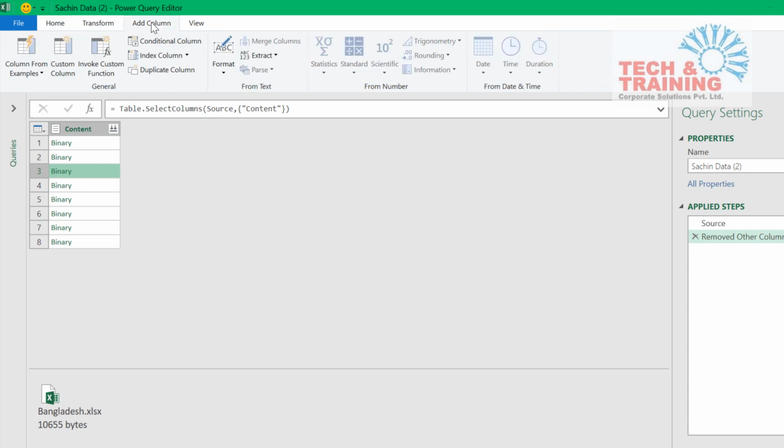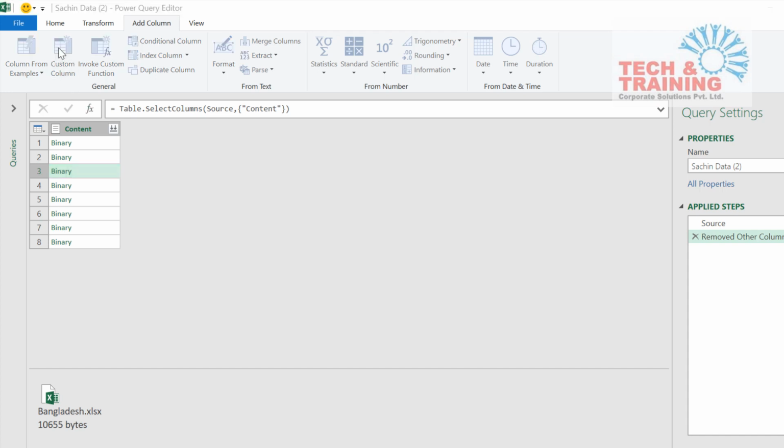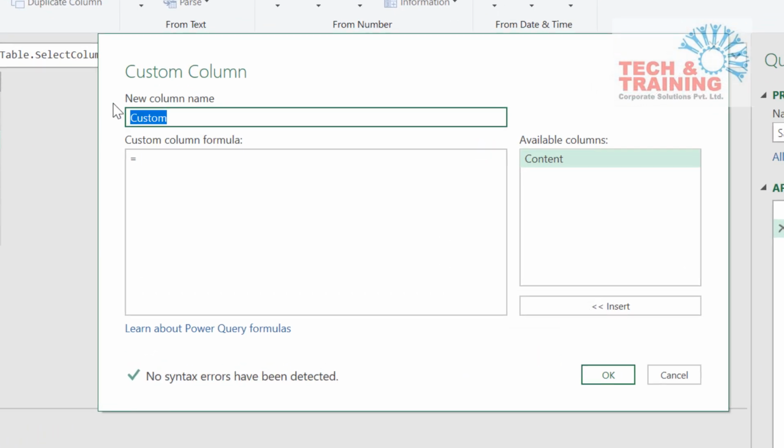What I'll do now, I'll click on add column and add custom column. Now let me tell you, why are we adding custom column? I see that the file is available here, but to extract the data from that file, we'll have to write a query. And in order to write that query, we are clicking on custom column. So here I have custom column. I'll name that column as get data. And after I click on get data, I will write a simple command here,